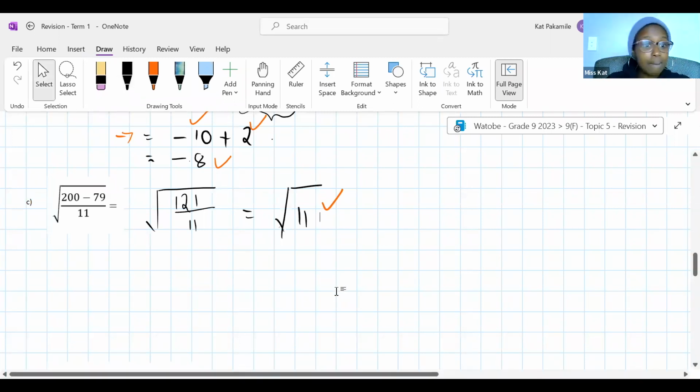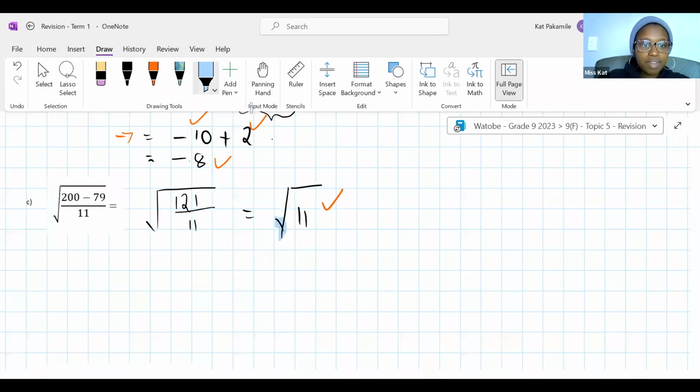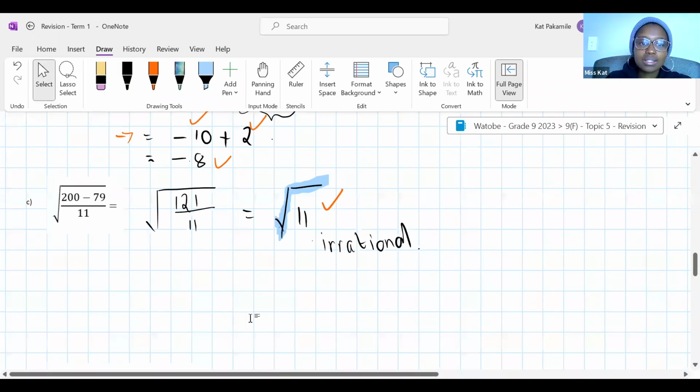Sorry, guys, my bad. But guys, do you see? You just follow your rules. So if everything is under this, it acts as one big bracket. You just do everything that's inside before you do what is outside. Thank you, Elsie. That would be an irrational answer. I like that we are practicing our number system as well. This would be irrational because it is not a perfect square. You will get some sort of decimal answer.